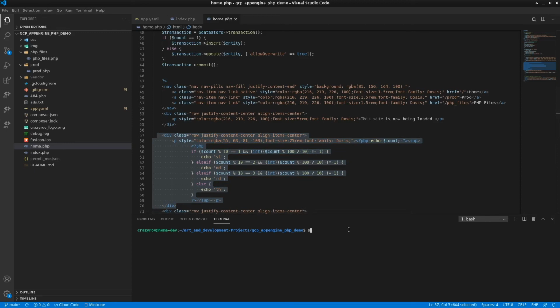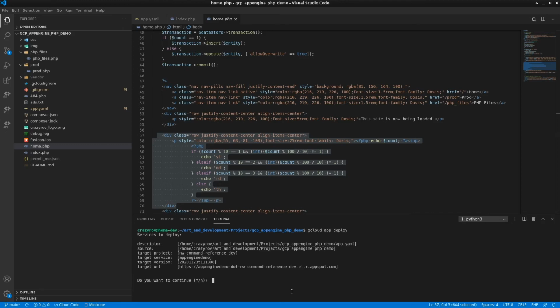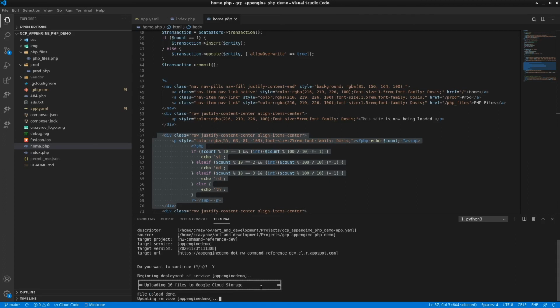Deployment of an app in App Engine is pretty simple. Use the command gcloud app deploy. There are again certain prerequisites for this. The gcloud SDK has to be installed, and you have to do the initial configuration, which is providing the credentials and so on. Only once all that initial configuration is completed will you be able to use the gcloud command to deploy your app. So let me go ahead and say yes, and this is going to update all the files.